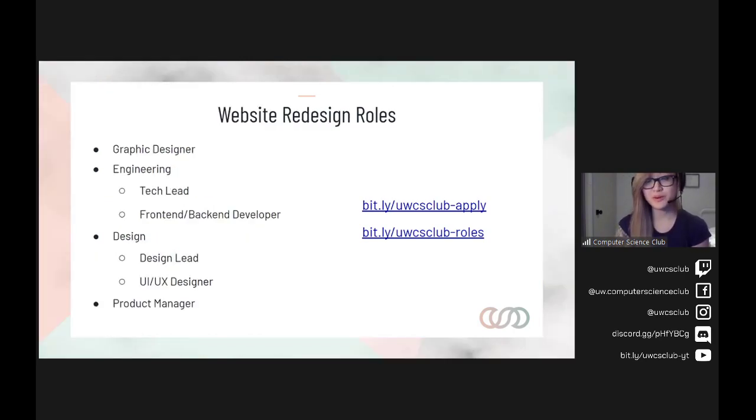Now, I'll talk about website redesign roles. Regarding the website, we have 3 categories of roles: engineering, design, and product managing, as well as the graphic designer who would be involved as well. With engineering, we're going to have a tech lead. As a tech lead, you're going to manage a team of developers, and you're going to finalize engineering